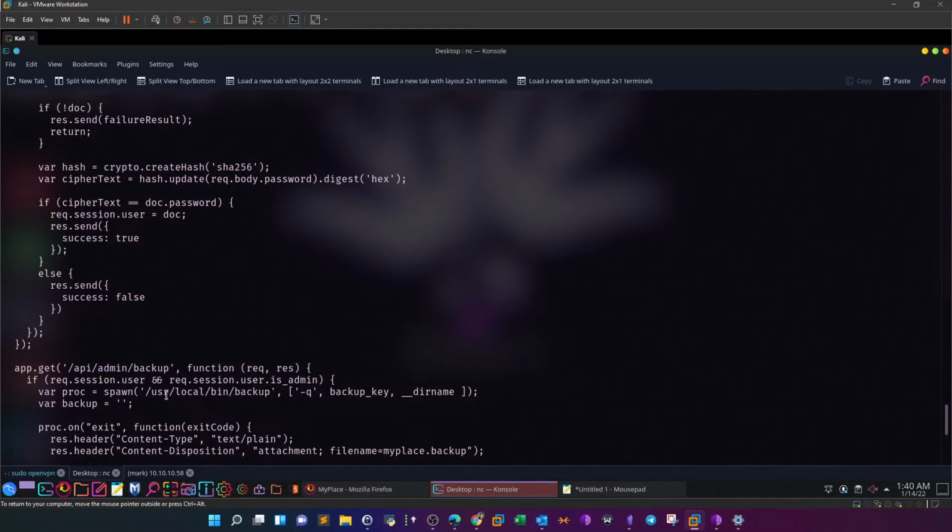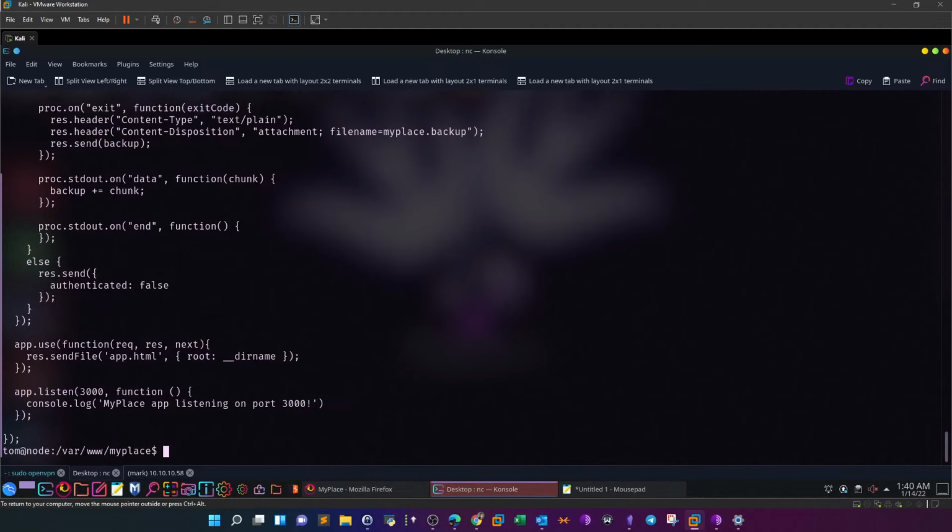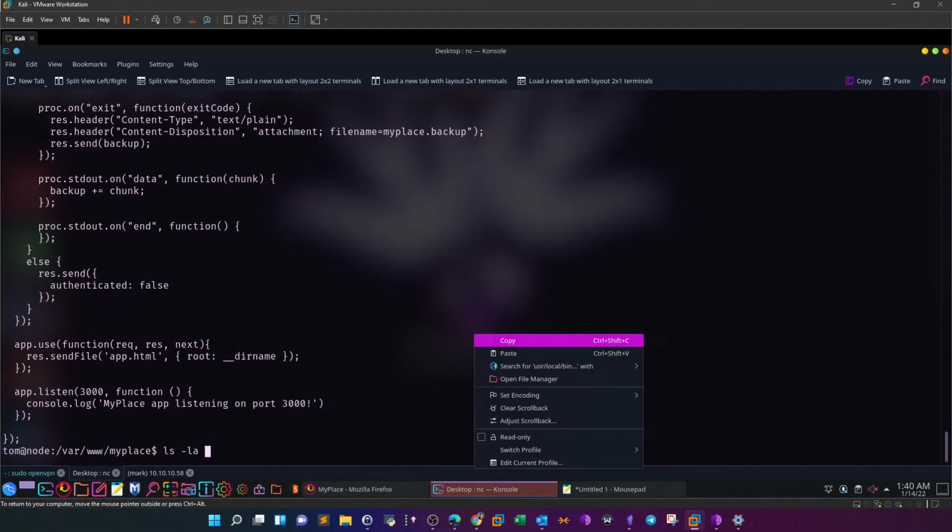So basically we're going to need to investigate this binary and see if there is any opportunity to make it do a backup for the root directory in order to display the flag. So let's go now and examine the permissions on this file. ls -la